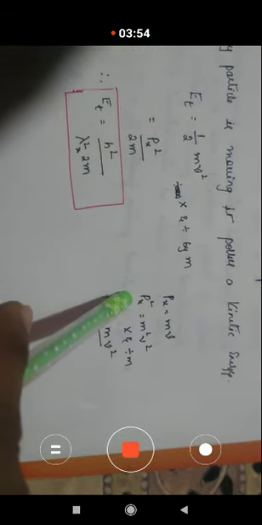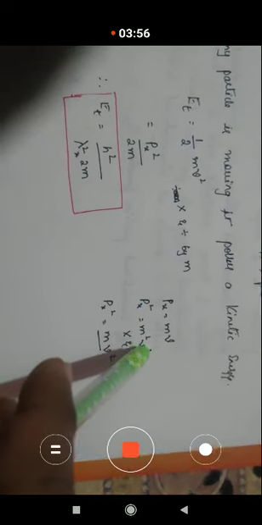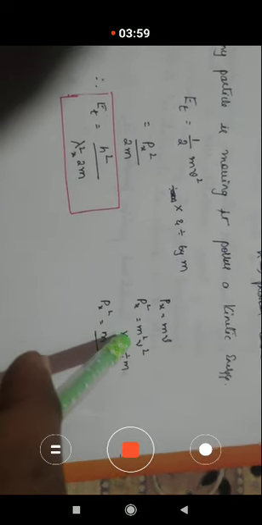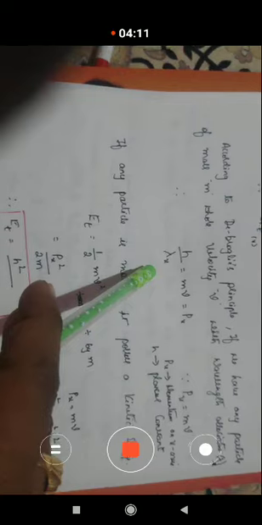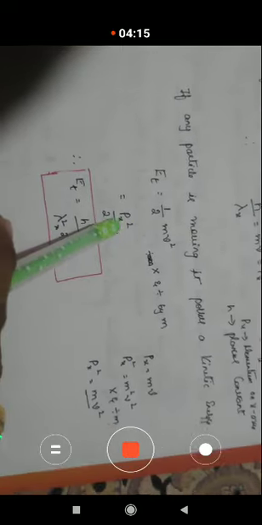Solving this, you will see how px is replaced: px is equal to mv, so px square is m square into v square, and dividing by 2m gives half mv square. So ex is equal to px square divided by 2m. Now px means h divided by lambda x, or px square means h square divided by lambda x square. Substituting here, h square divided by lambda x square into 2m. This is the translational energy.